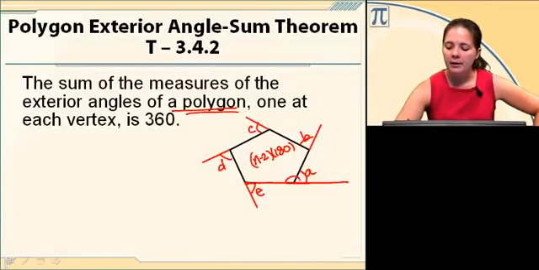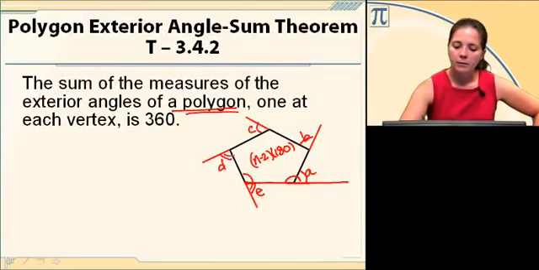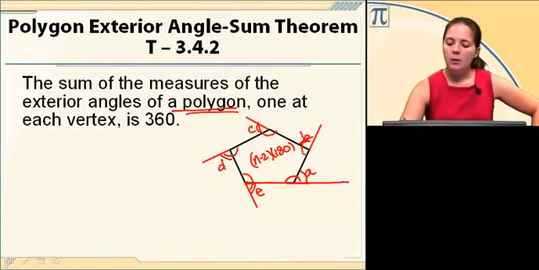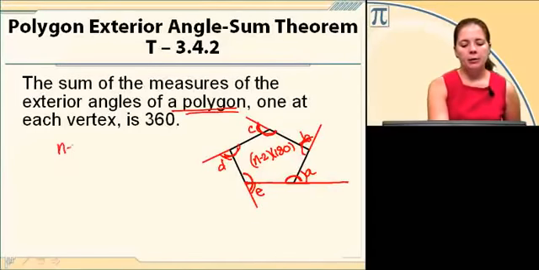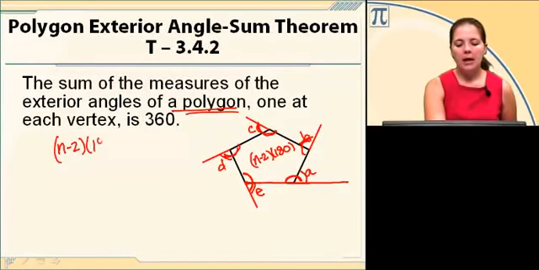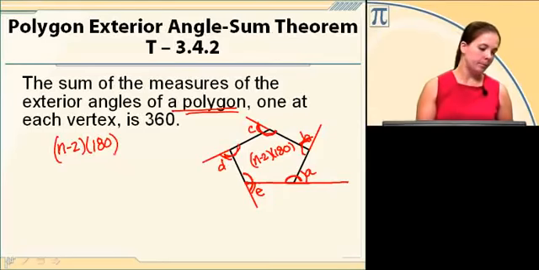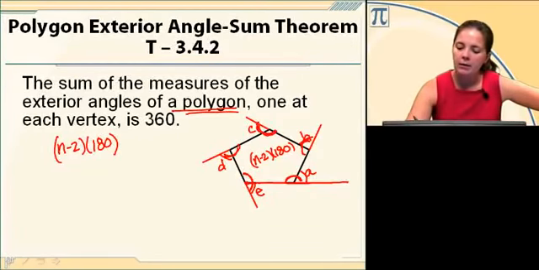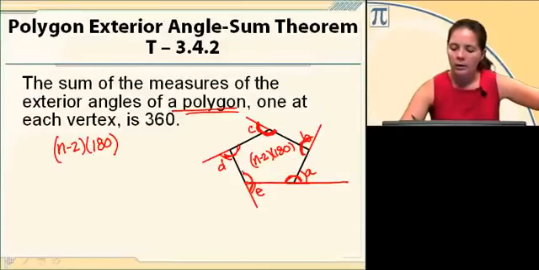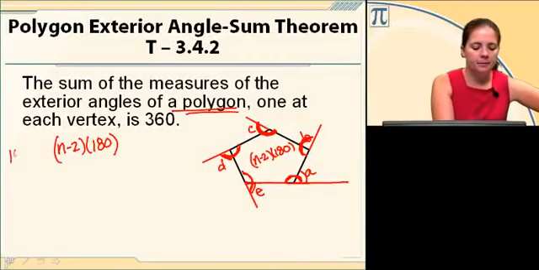Well, the reason that works, the sum of the interior is n minus 2 times 180. And the sum of each of these are 180. So I have 180, 180, 180, 180, 180. So if I add those together, I have n minus 2 times 180. And since these are 180 times n, what I want to do is if I add up all these sides, so 180 times n,